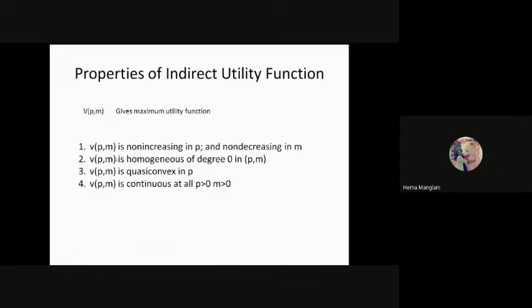So that you will know the meaning of homogeneous of degree 0 and homogeneous of degree 1. So this function has the property of homogeneous of degree 0. Fine. And then I'll also take quasi-convex in my separate class. For now, I can only tell you that we have concave functions and convex functions, so we have a family of concave and convex functions too. This is also part of quasi-convex. This shows that the function is partially convex. So we say V, a function of P, M, is quasi-convex in P. Okay.